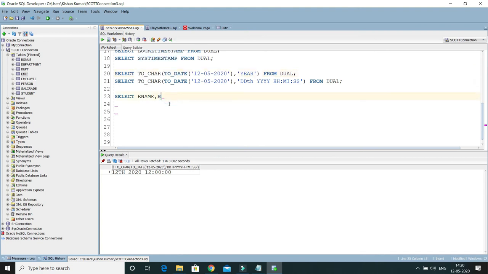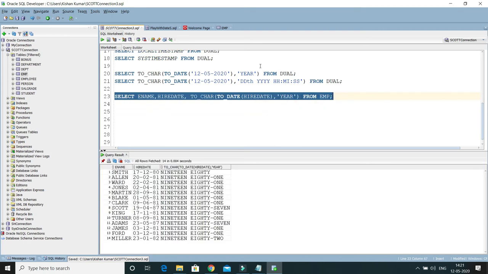So first of all I'm going to print hire date, and I'm going to apply this function on the hire date. Here, as the column name, instead of a string literal or hard-coded date, I will pass hire date. And from, instead of dual, I'll use emp. Emp is my table.